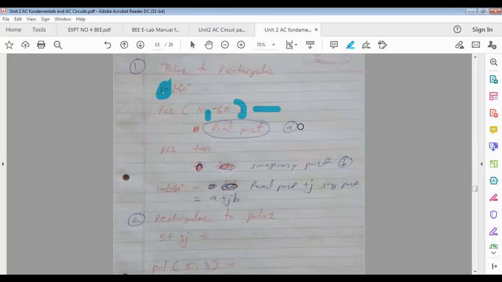In some calculators, real part and imaginary part both display, shown as X and Y. X is the real part and Y is the imaginary part. Yes, ma'am, it's showing X and Y. Correct. In some calculators, it doesn't display both, it displays only the real part. Write it down. It is showing 5, so the real part I am getting is 5. Let that 5 stay on screen as it is.